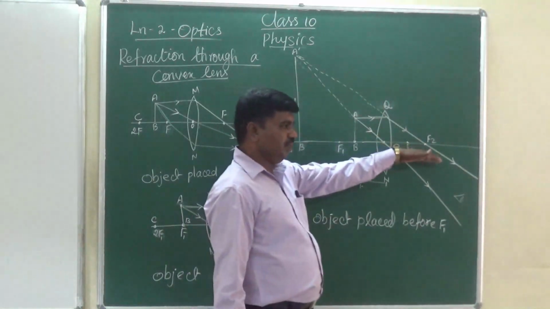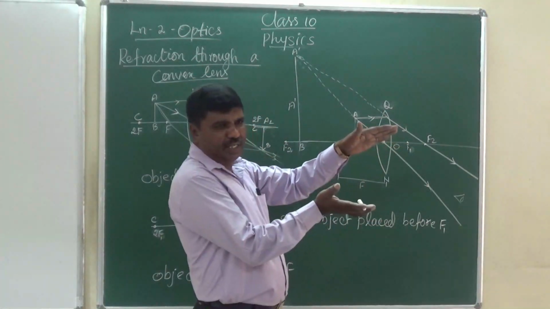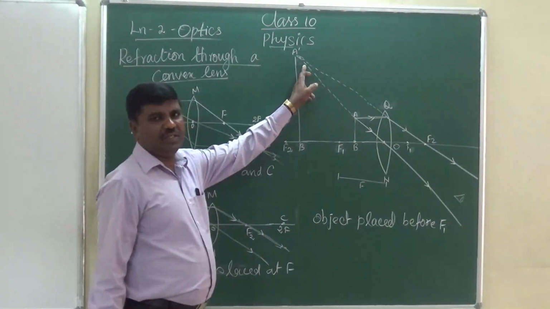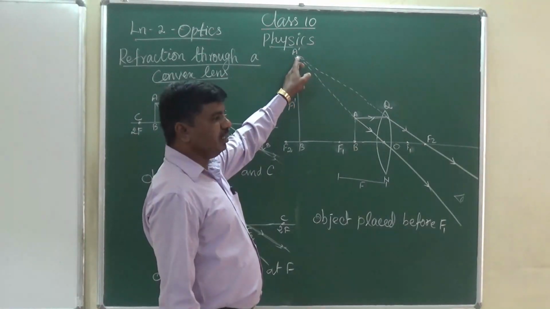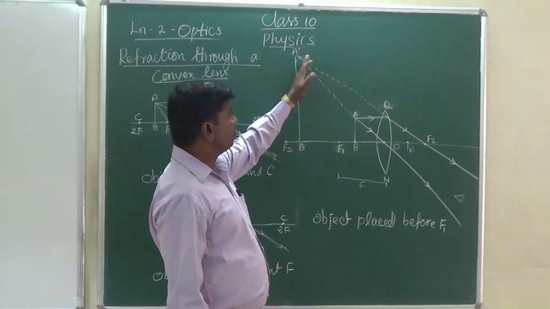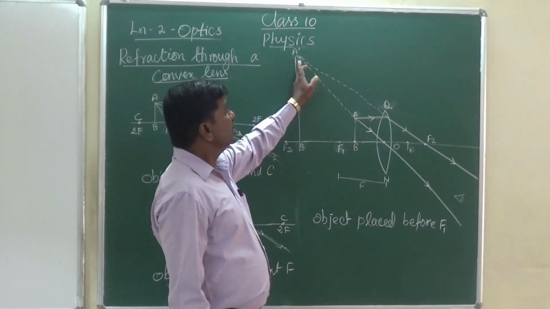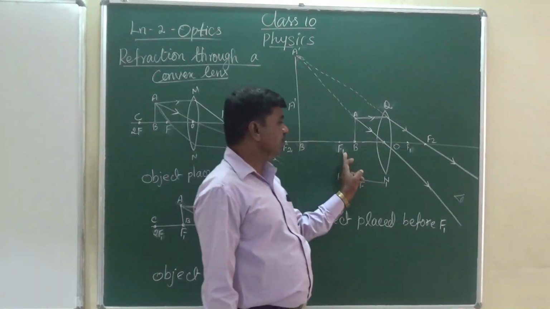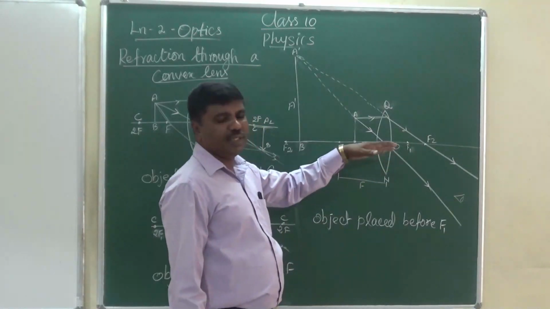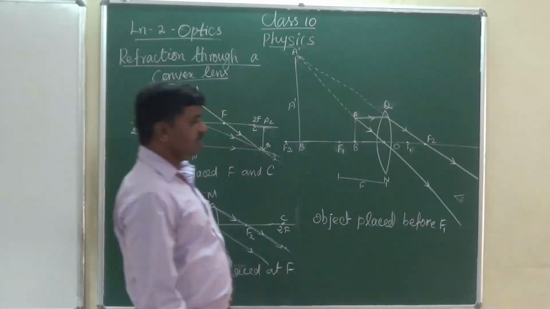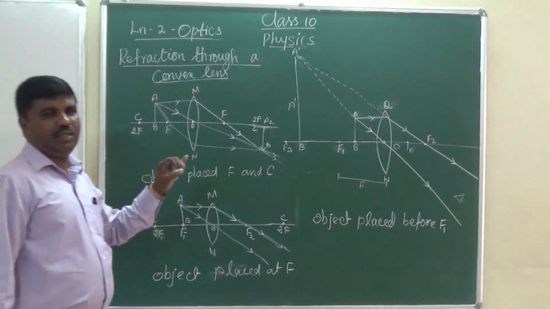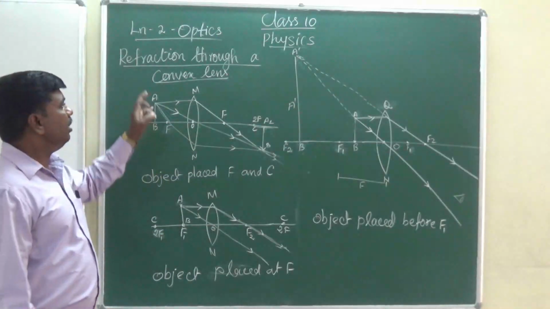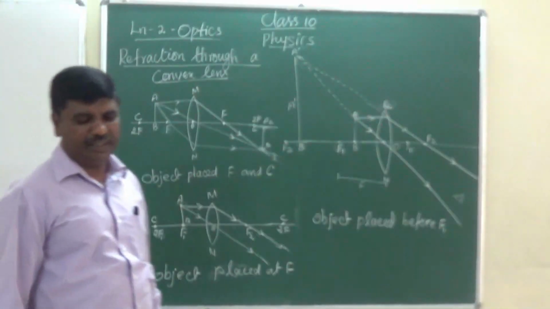But it is in a V shape. Both the rays are going in deviation, diverging. So we are getting the virtual image. That virtual image meets at one point. Okay, this is the virtual image. So when the object is placed between the focal point and the lens, deviation takes place. So I think it is clear about lens rule 1, rule 2, rule 3, and the images formed by the lens, then refraction through a convex lens. Okay, thank you.